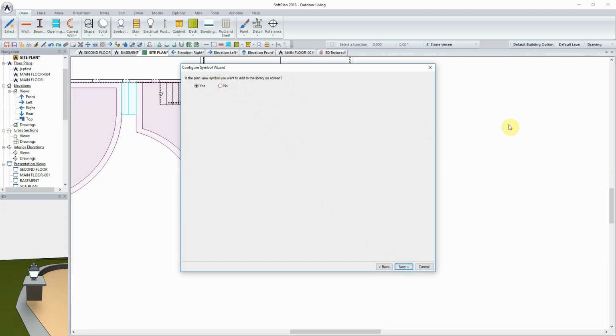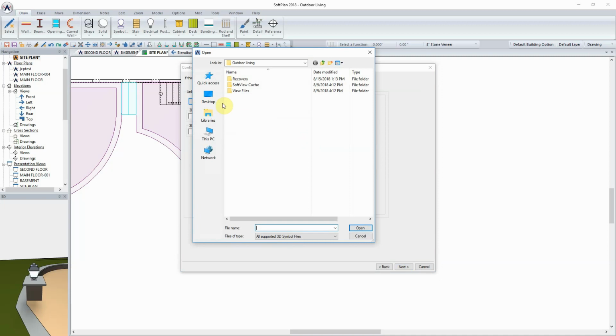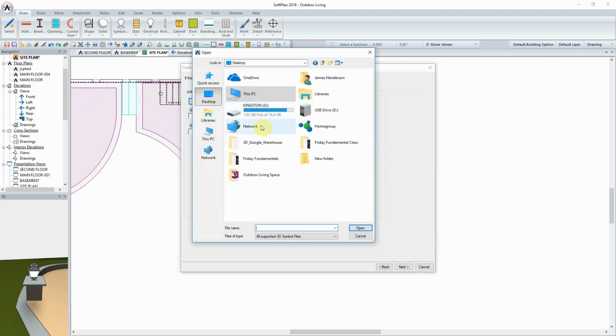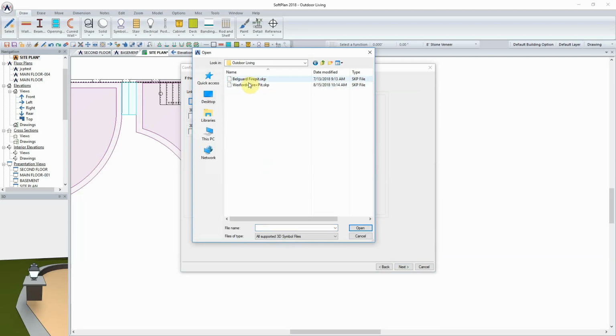Now currently I don't have the symbol on my screen, and so what I'm going to do then is I'm going to select no for it being on my screen and select next. At this stage then I want to import the 3D symbol, and so I'll click on this and I need to browse to where I put this symbol. And so if I go to my desktop, I will be able to come in to my outdoor or my 3D Google Warehouse and my outdoor living folder in order to create or find where that symbol is, and then